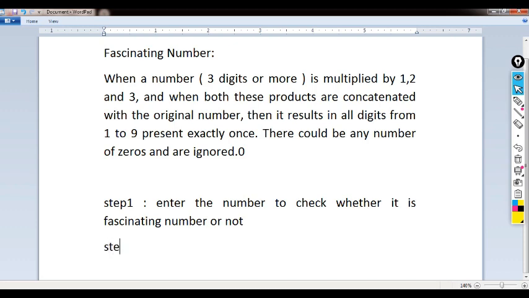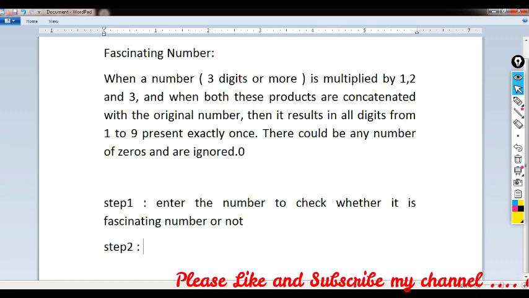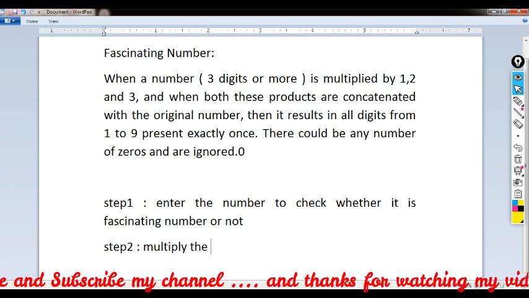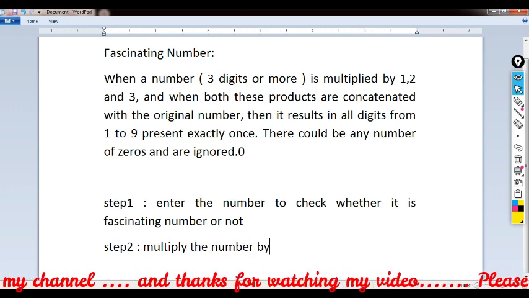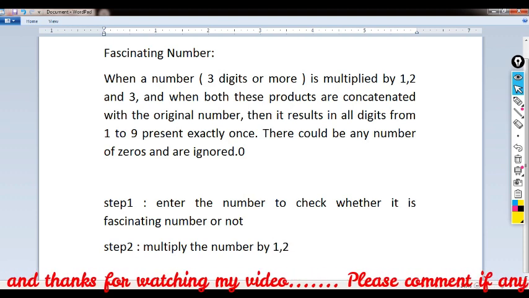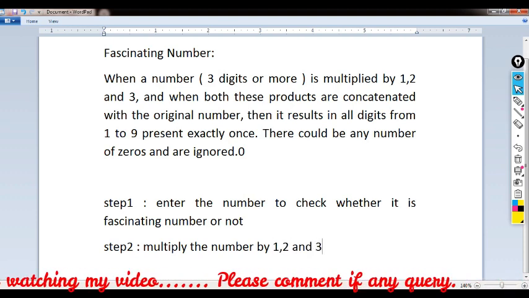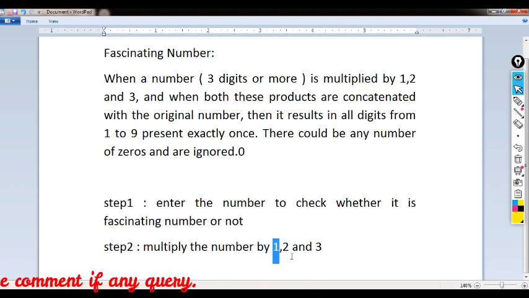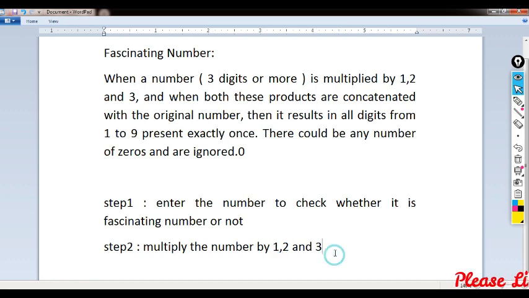Step 2. In step 2, we have to multiply the number by 1, 2 and 3. Here multiplying by 1 means the number itself. So you can write the number here, or multiply by 1, to understand in a better manner.